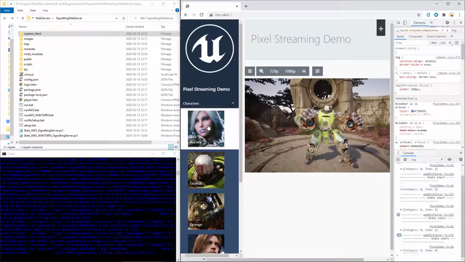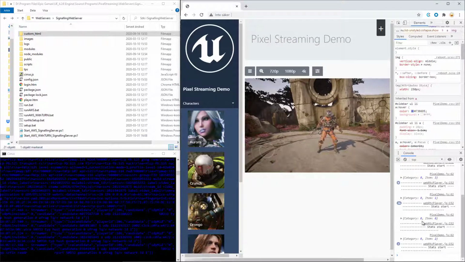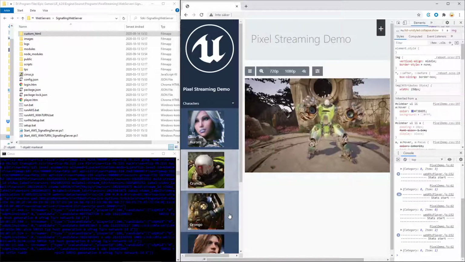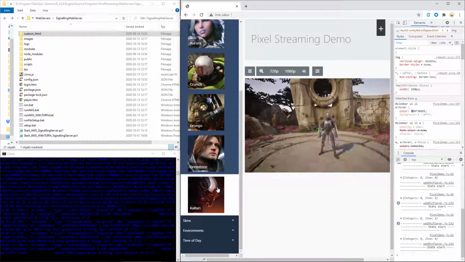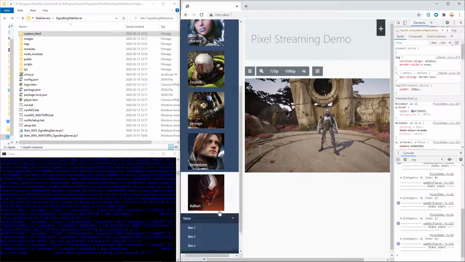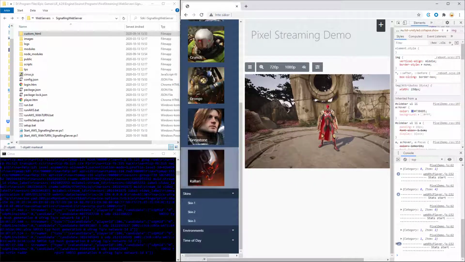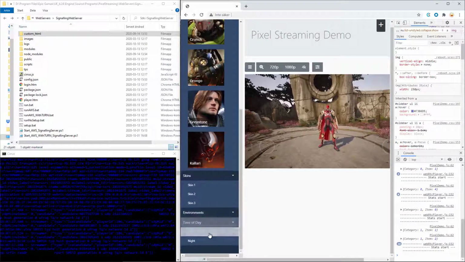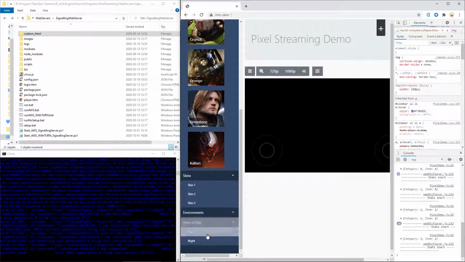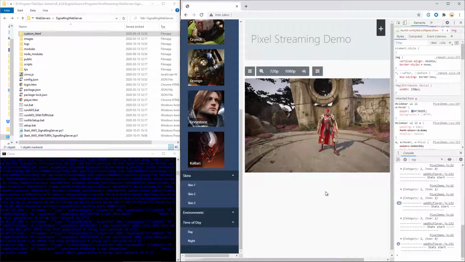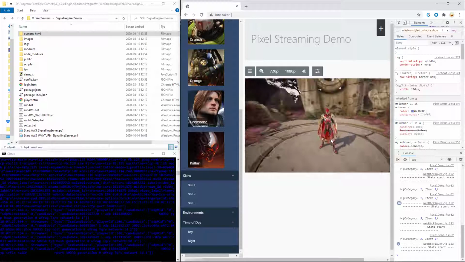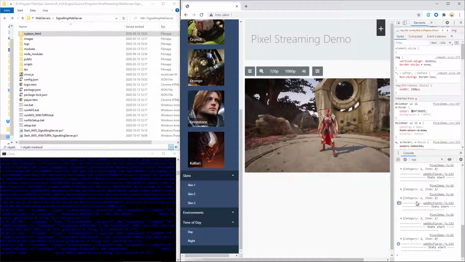Now, as I've shown you before, if you press any of these buttons, it sends a category value of 0 and an item value of 1 to 4. If you press the skin button, it sends a category value of 1 and an item value of 0, 1, and 2. In our case, we connected a category value of 4, which in this case doesn't exist. I can very easily create a button that does that function for us.